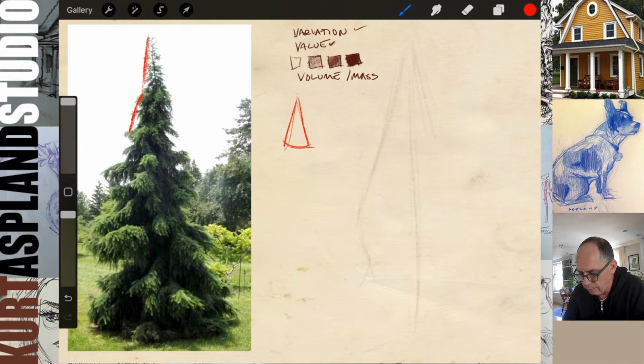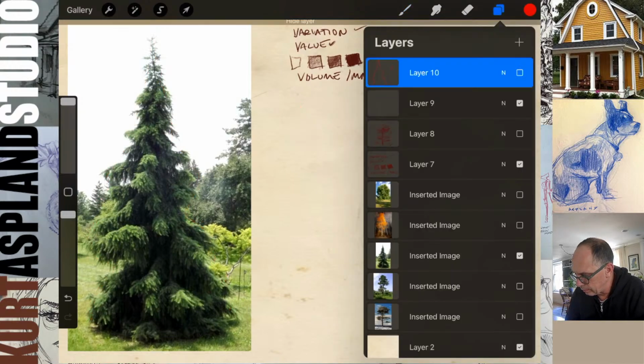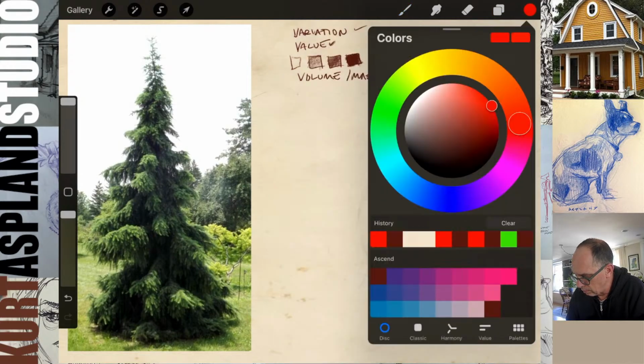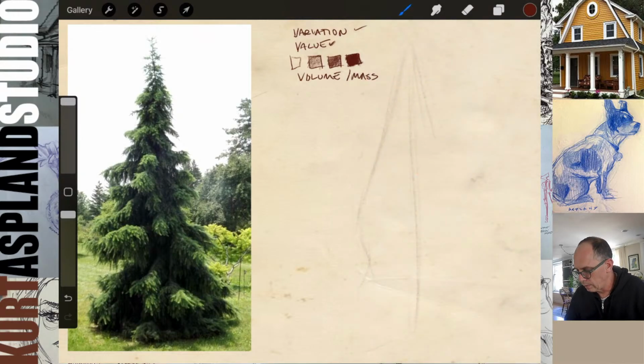Look at this guy coming over like this, and then look at the other side. It's not quite, you see, it's not quite symmetrical. We want to use that. We want to use that, okay? So let's think about shape as shape and gesture, right? So we're just gonna